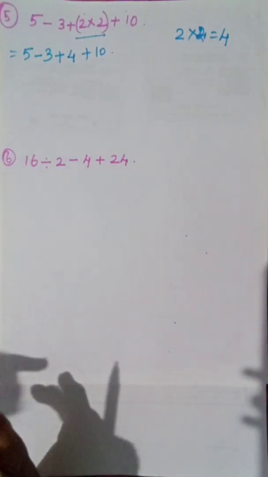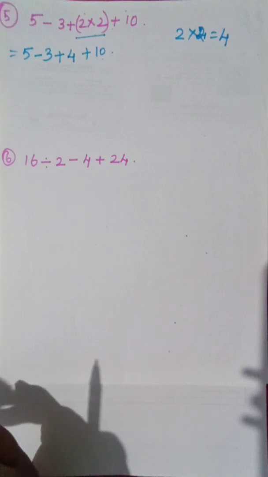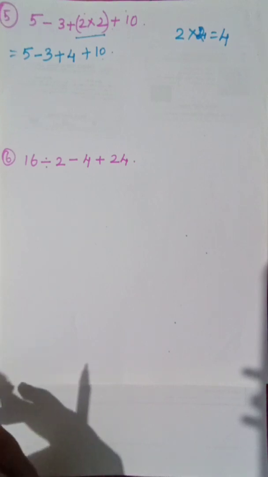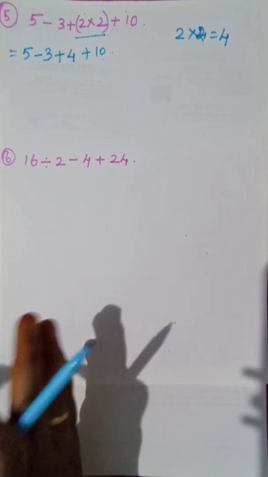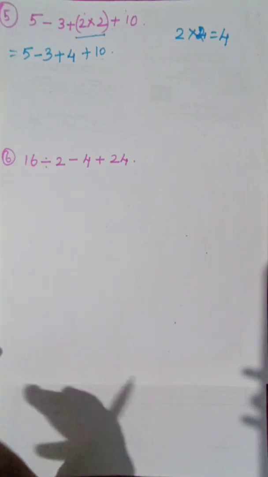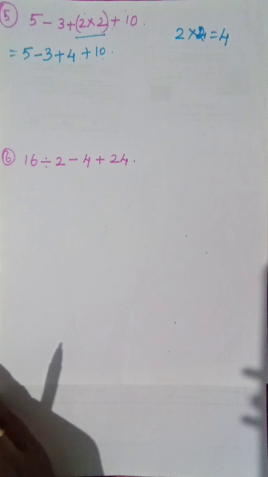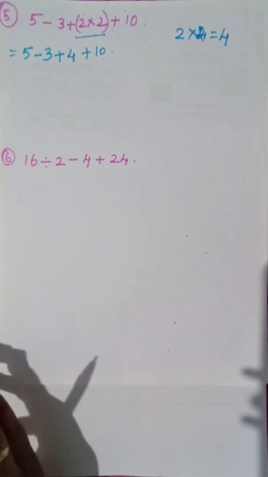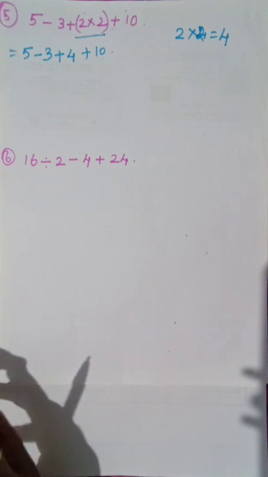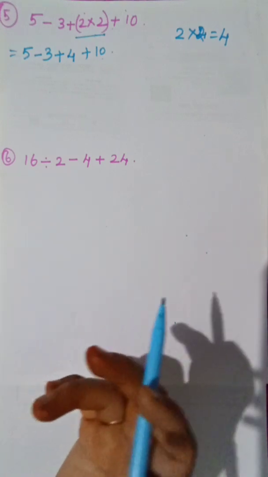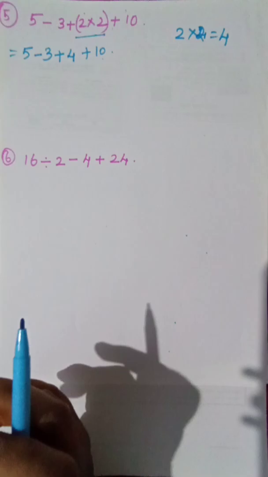That's all. Once we have completed the bracket, what do we have to see next? The division symbol. Do we have a division symbol? No, we don't. Okay, leave it. Then the next process is the multiplication symbol. Do we have a multiplication operation there? No. Then we have to see the addition symbol. Do we have an addition symbol or not? Yes, we have. How many addition symbols? We have 2 addition symbols.